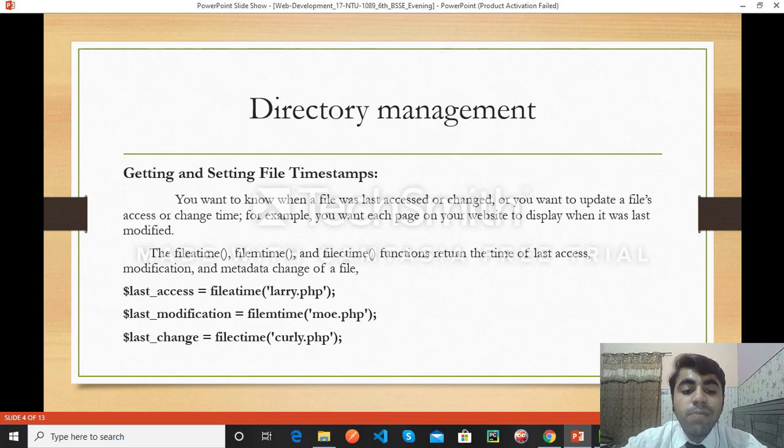And filectime: the function returns the last time a file's contents or metadata, such as owner or permissions, were changed. These are all functions about getting and setting file timestamps.